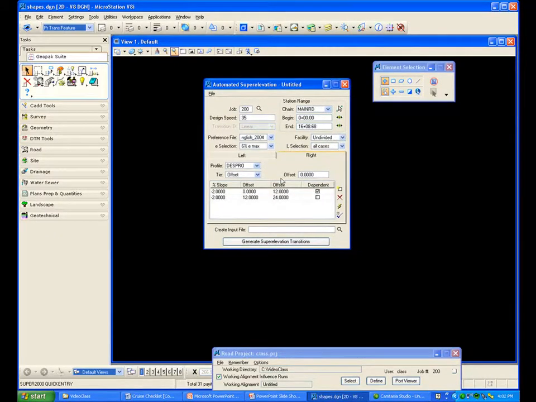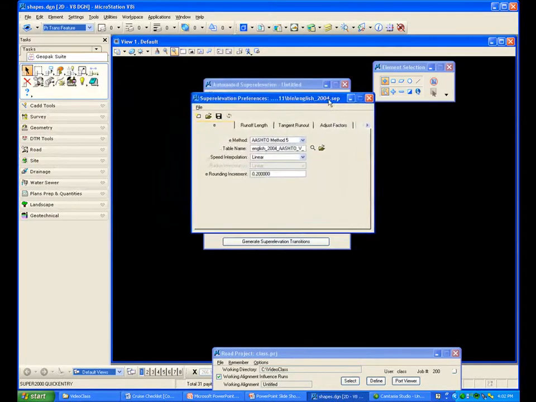So once we have all of this information in here, before we go any further, we're going to open up File and Preferences. Now we looked at directories. That just gave us where these files were located. But if we go into Preferences, you will see that it brings up that 2004 SEP file and gives us